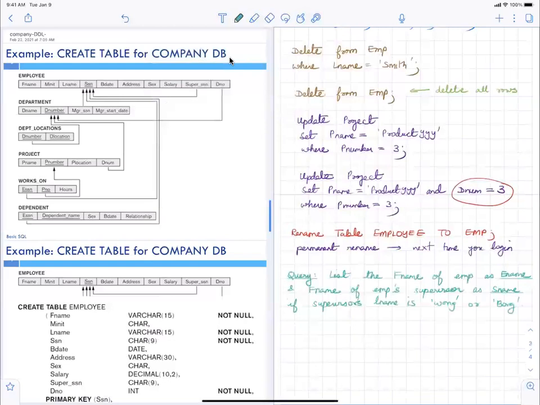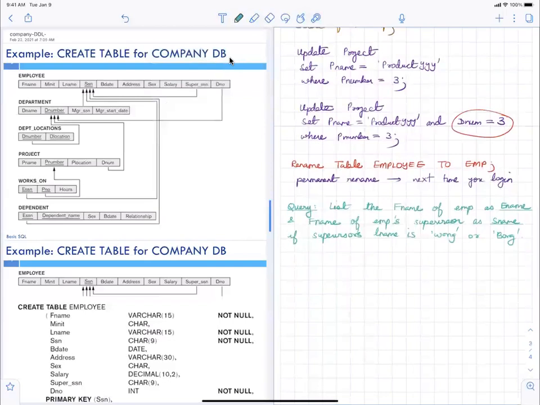Okay, so I've done similar queries to this,